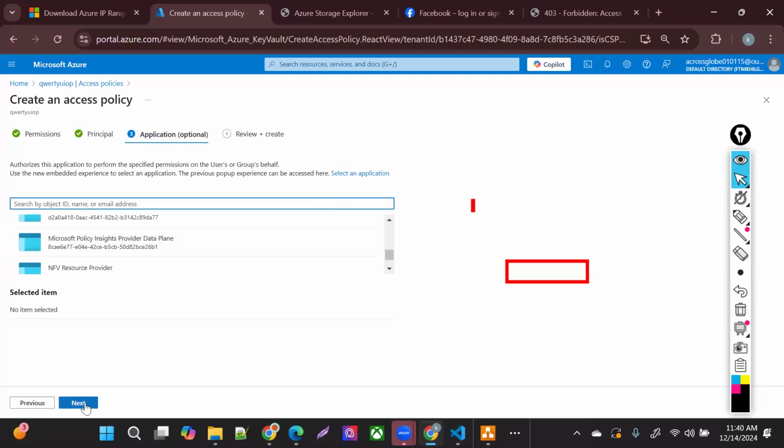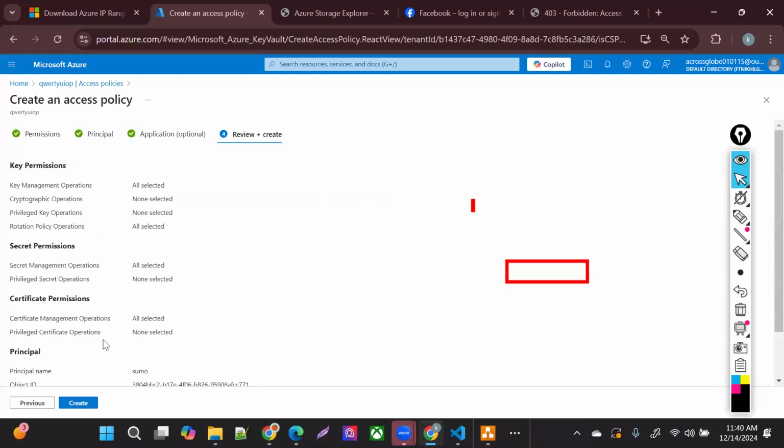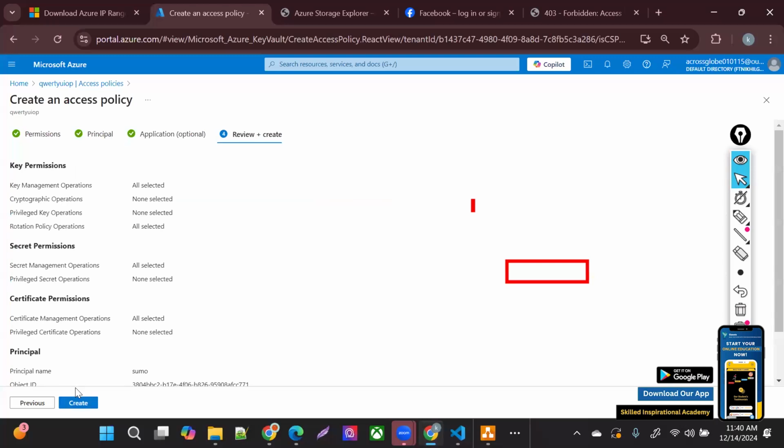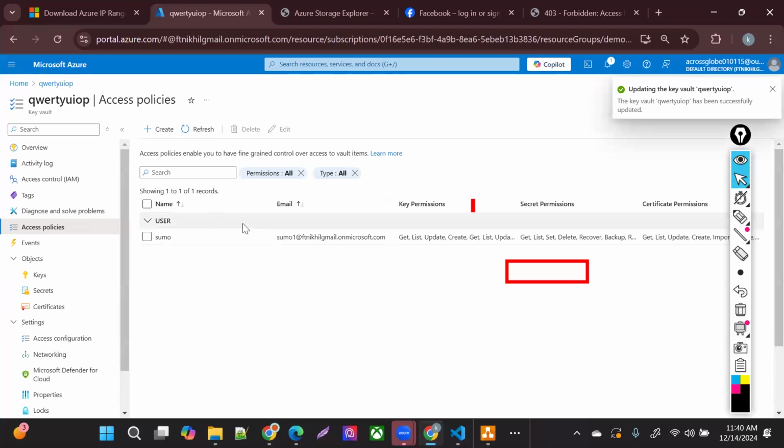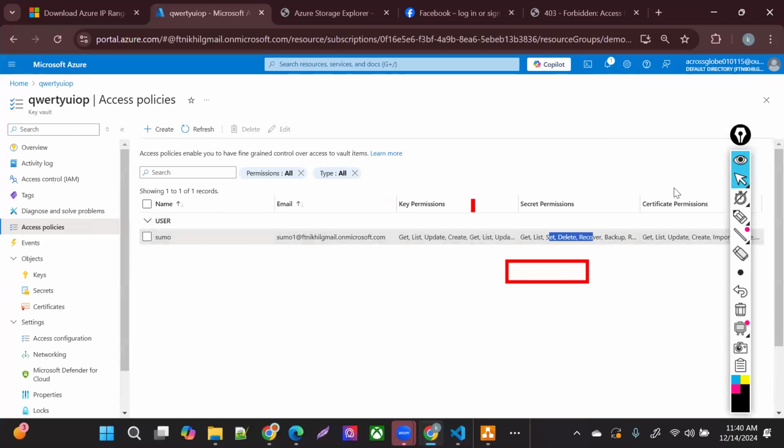But for now, let's skip that. I'm providing Sumo access policies for managing all the secrets, keys, and certificate permissions. Get, list, update, all that permission, secret permission, certificate permission I provided to this guy.